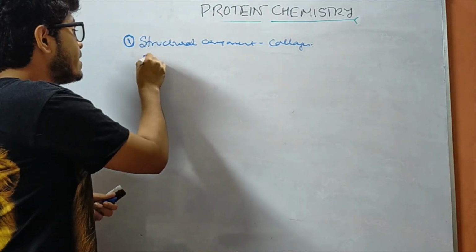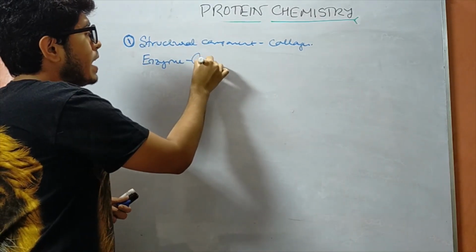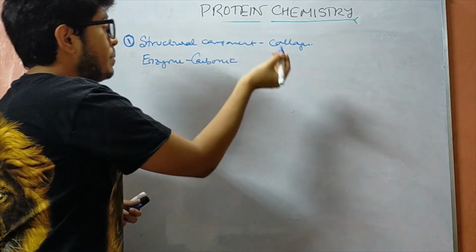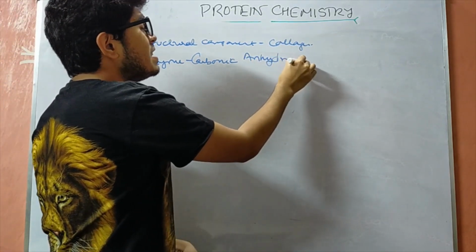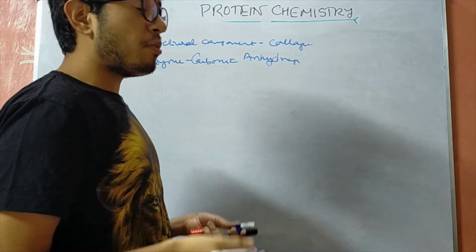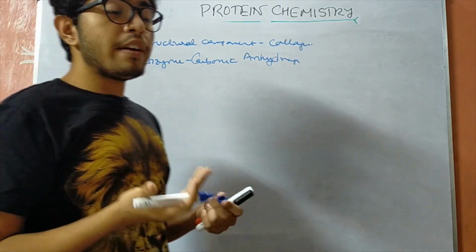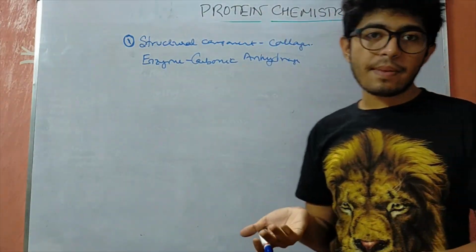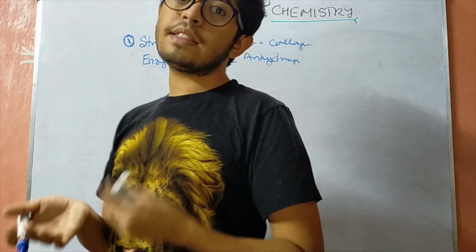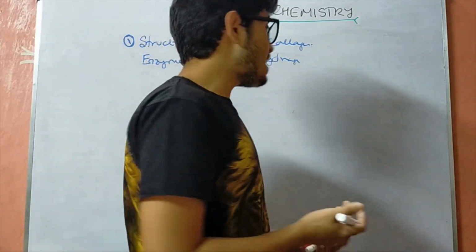Then it is also present in various enzymes. Whatever enzymes we talk about are basically protein, maybe carbonic anhydrase or pepsin, all are protein molecules. Then it is also used in various cell signaling pathways. It is also very important. It helps to maintain the osmolarity, such as the plasma proteins. It is also helping in blood clotting. The clotting factors are also protein. The antibodies, the immunoglobulins, are also proteins.